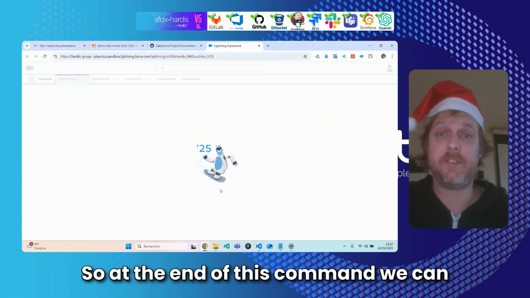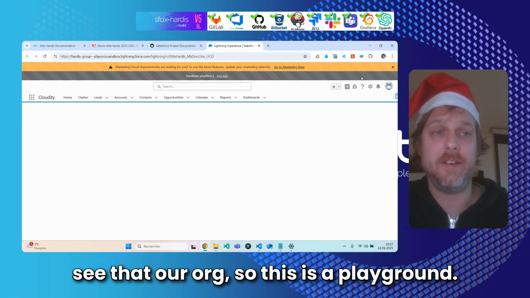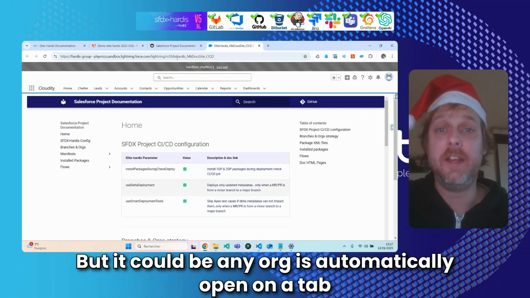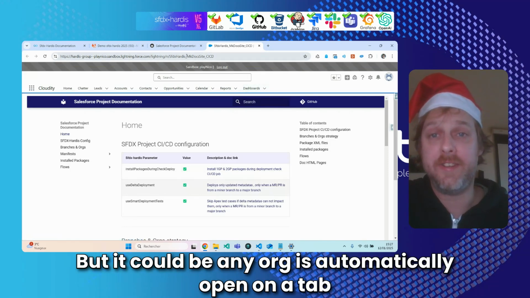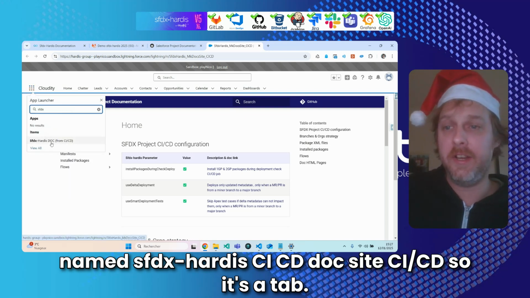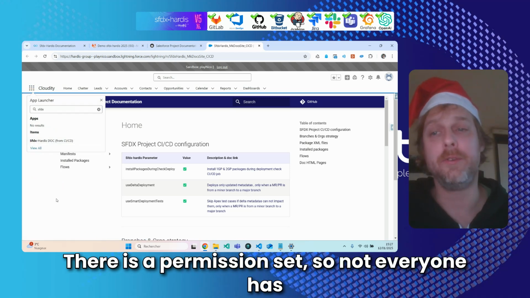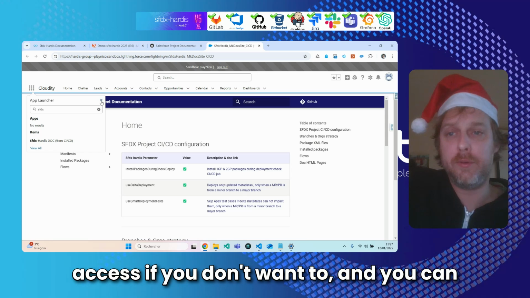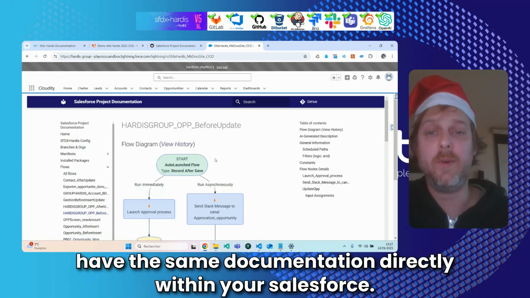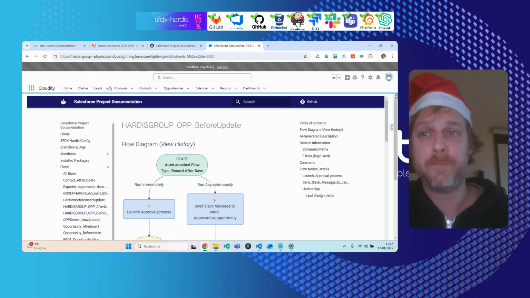So at the end of this command, we can see that our org, so this is a playground, but it could be any org, is automatically opened on a tab named SFDX CI/CD doc site. So it's a tab. There is a permission set, so not everyone has access if you don't want to. And you can have the same documentation directly within your Salesforce.